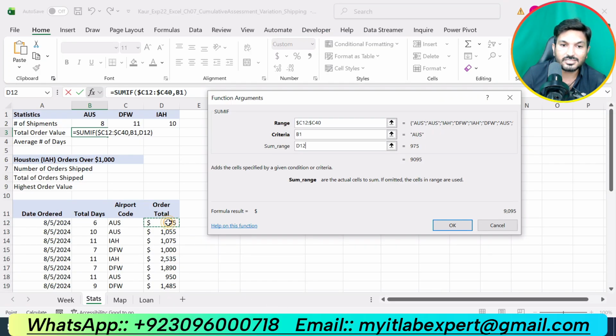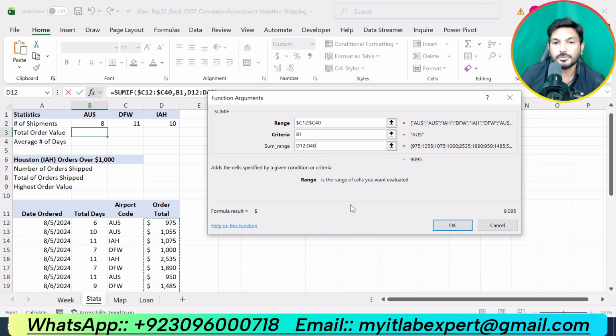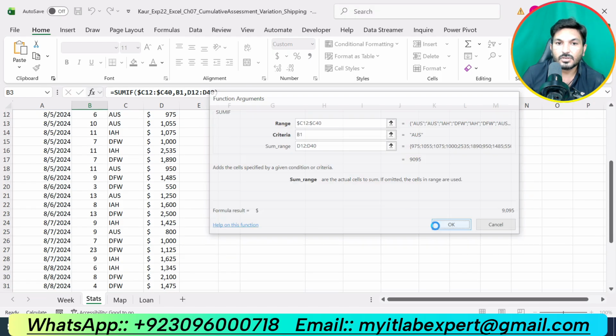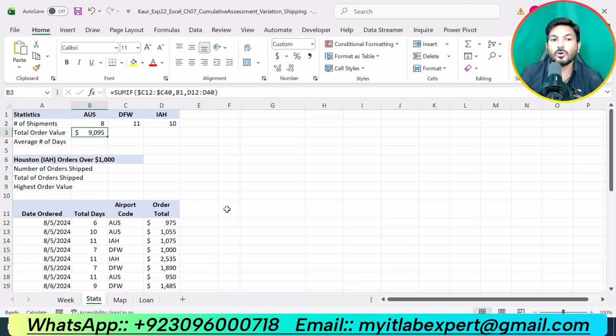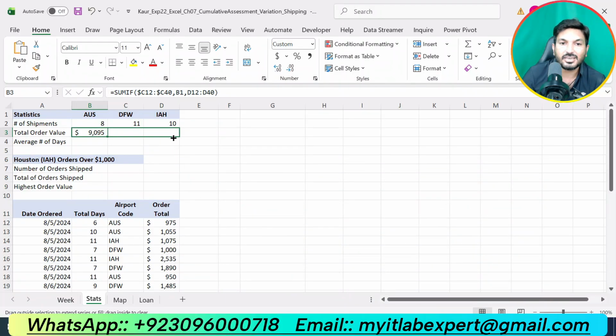The order total is given in the range D11 up to D40. It is also saying to copy the function to the range, but we are supposed to use mixed references for the range argument to keep the column letters the same. So that is all about step number 9, but we are supposed to copy this function here.